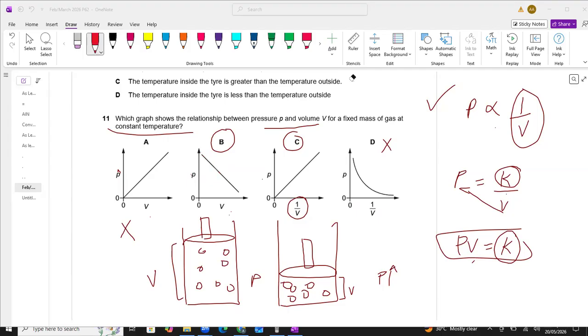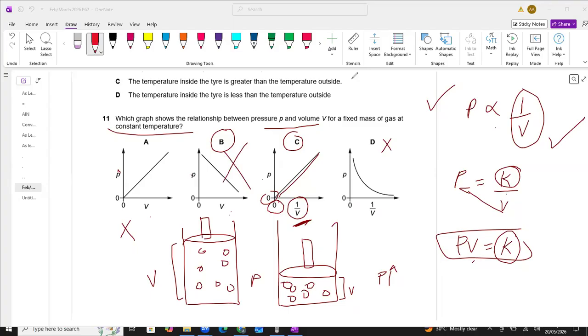Now again we have confusion, B or C, which one is the correct answer. Now you can see option C: when 1 upon V is 0, the pressure is also 0. Although we are getting a straight increasing line, students become confused, thinking that pressure and volume are both increasing. But it's not V, it is 1 upon V, which shows the inverse relation. So it is truly satisfying the inverse relation between pressure and volume. So B is not a correct answer.